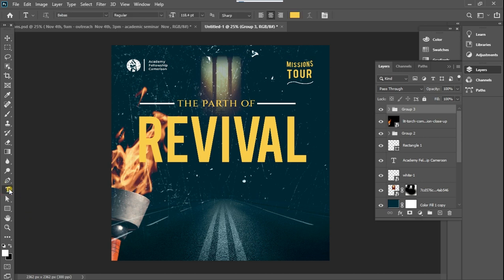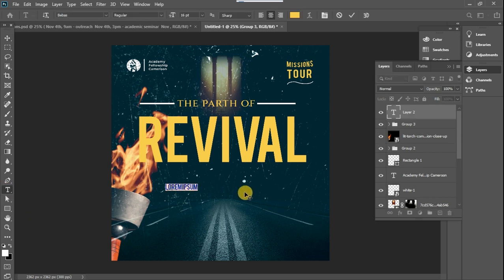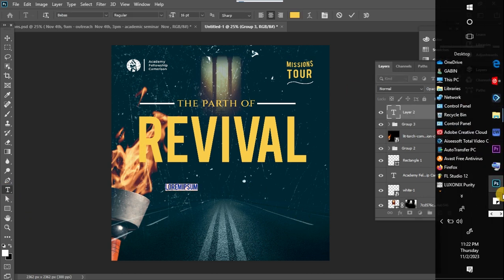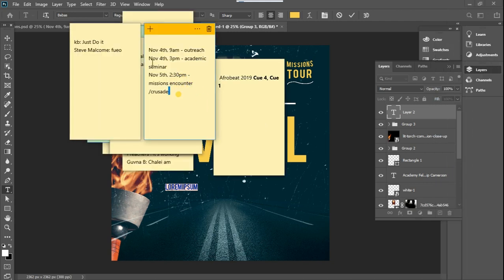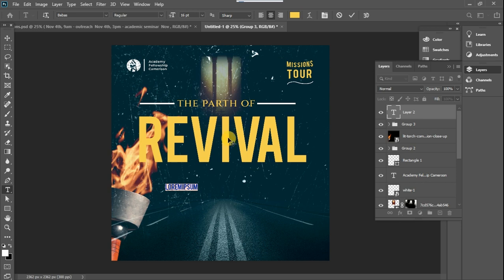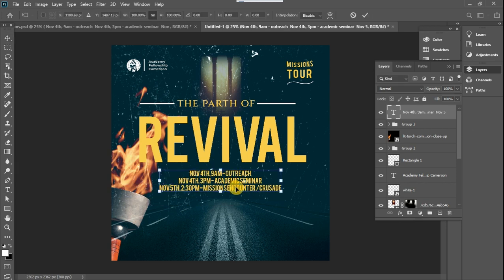Then the next thing I will do is to bring in the other text. I have it here. I'll just copy and paste. Ctrl C, reduce the size a little like this, position it there,